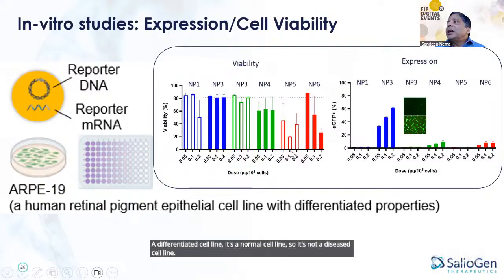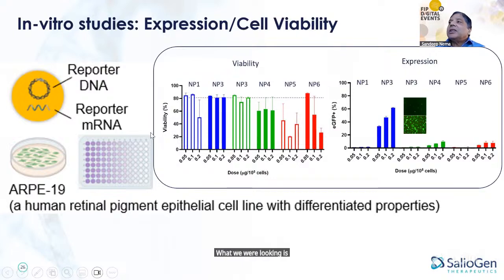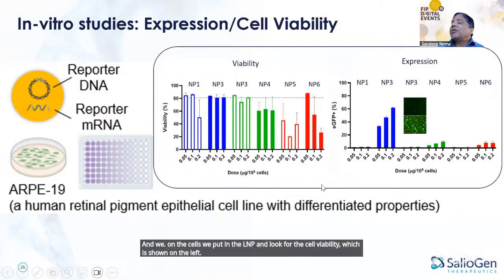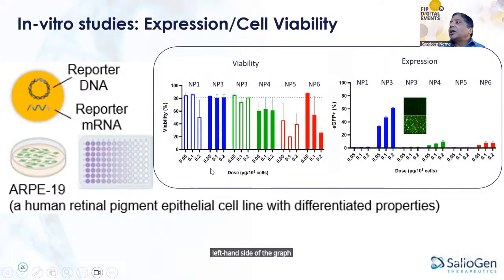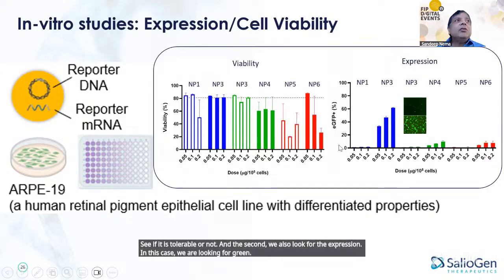We used a 96 well plate experiment, and on the cells we put in the LNP and look for the cell viability, which is shown on the left hand side of the graph. So at different doses, see if it is tolerable or not. And the second, we also look for the expression. In this case, we are looking for green fluorescence